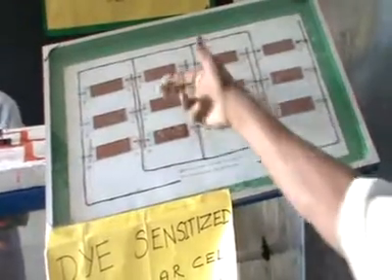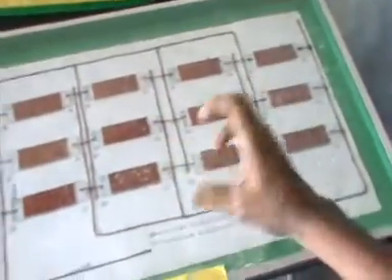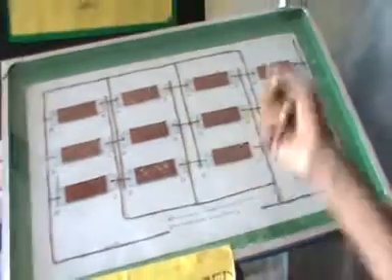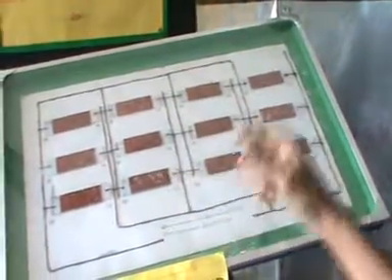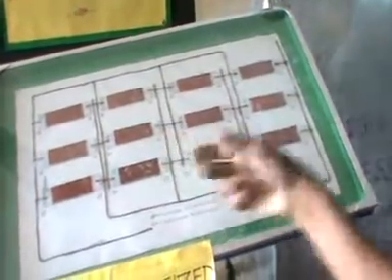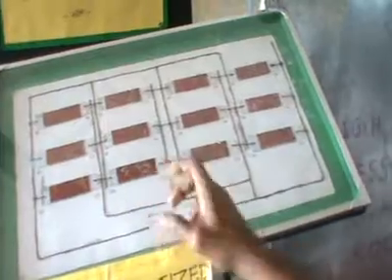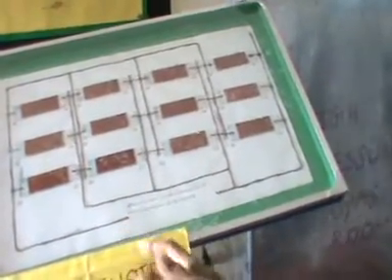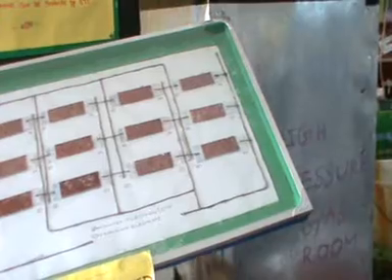Here we have two electrodes: one is the working electrode, the other is the counter electrode. On the working electrode, visibly active N3 dye is coated. On the N3 dye, titanium oxide nanoparticles are coated. The electron is absorbed by the nitrogen atom present in the dye, then transferred to titanium oxide, then comes to the counter electrode. The counter electrode is made up of ITO, indium tin oxide. This is a series connection, this is a parallel connection. Here we are getting DC current.